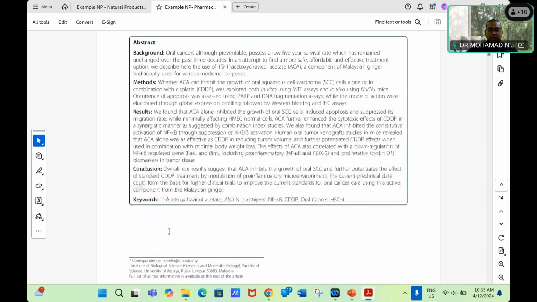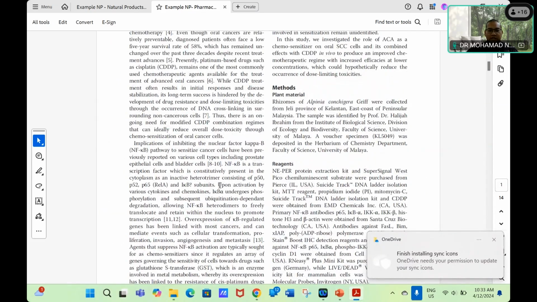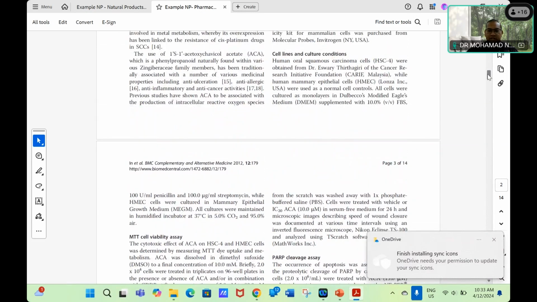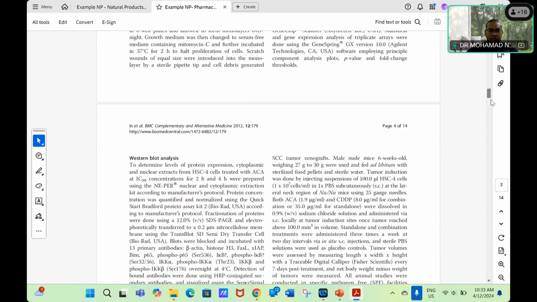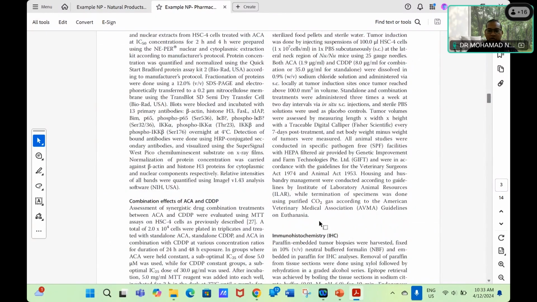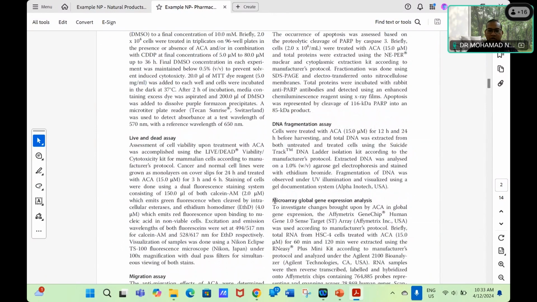If we see clearly, this is not covered by our domains, only some information here. But if you see the results and discussions, sometimes I didn't know how to explain: combination treatments, immunohistochemistry, DNA fraps, microarrays, gene expressions. So this is not covered by ourselves. Okay, so this is important. That's why we have to collaborate among researchers. At least we can expand our study.